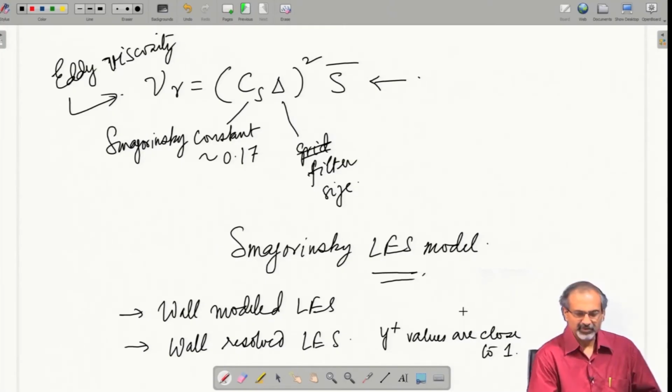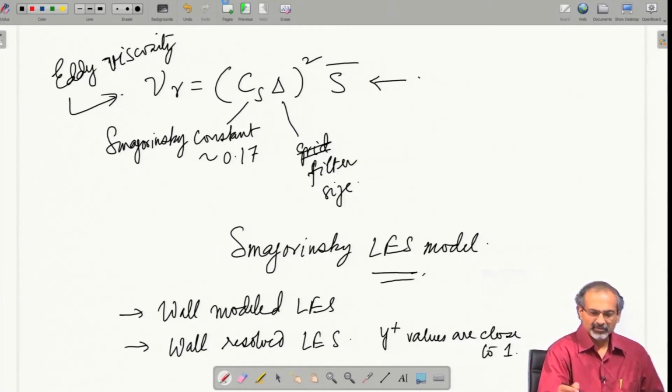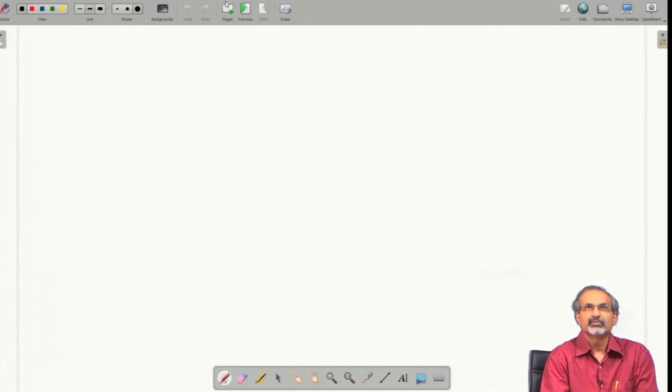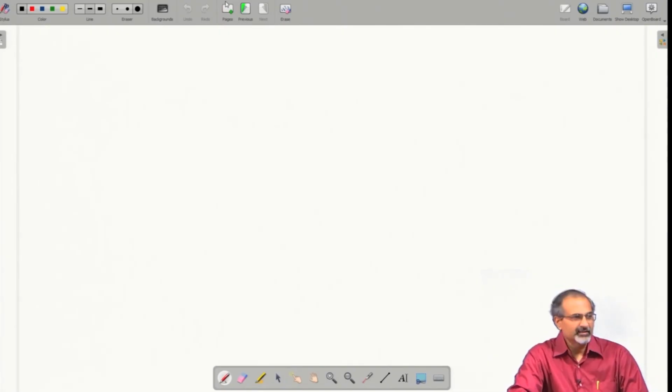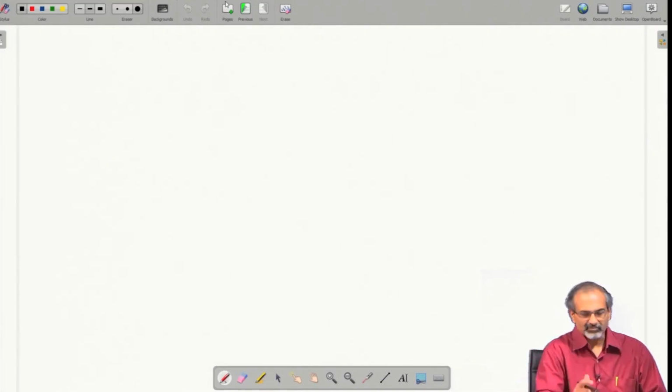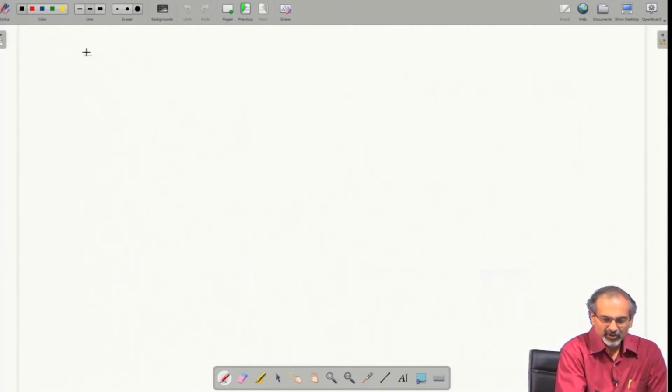So, this is a very brief overview of the large eddy simulation approach, where, as we mentioned earlier, we are capturing or resolving part of the flow which exists in the form of large scale structures, and we are filtering the rest and modeling that part through the so called subgrid scale stresses. And we had a brief overview of how the subgrid scale stresses are modeled through an eddy viscosity kind of approach. Let us have a brief look at